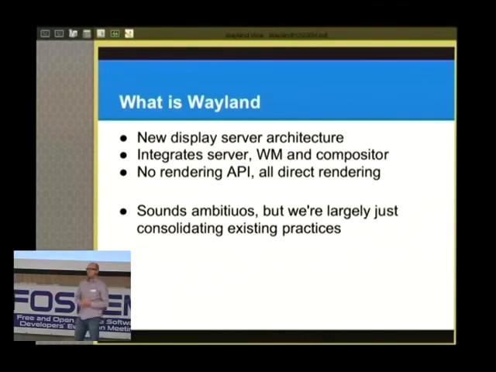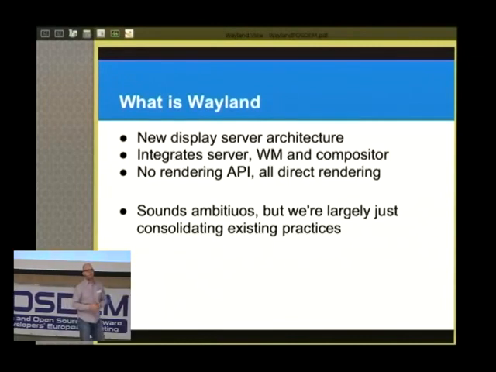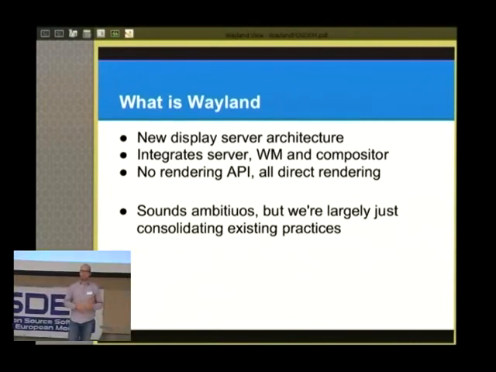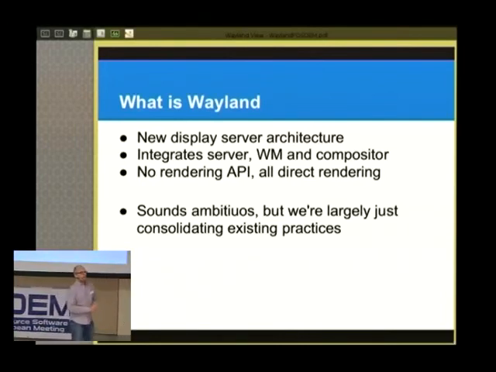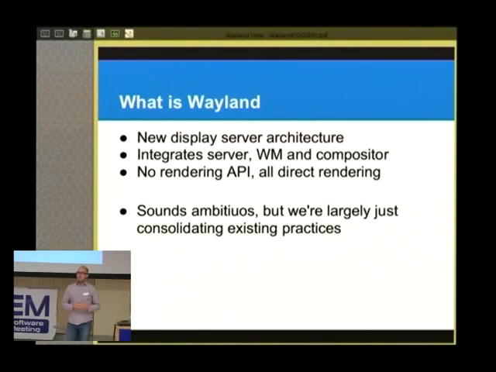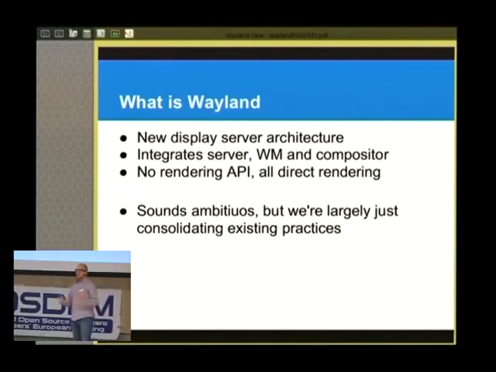It's a display server, not a rendering server. X today lets you send rendering requests to the X server, which will then execute and render for you. Wayland doesn't have any rendering API, so you can't use Wayland to render your UI. You have to render it locally using GL or software or some kind of local rendering API. What Wayland lets you do is take the buffer, the result of your rendering, and pass it to the compositor, and then that buffer gets integrated into the complete desktop image.